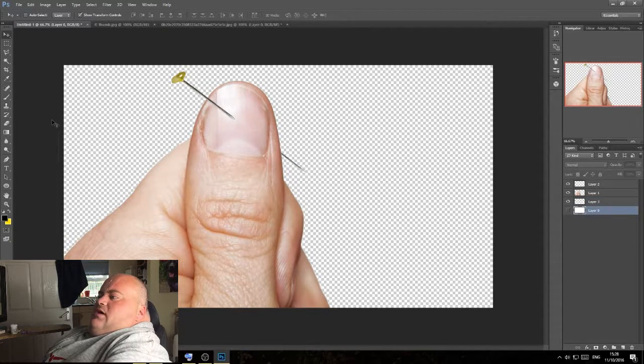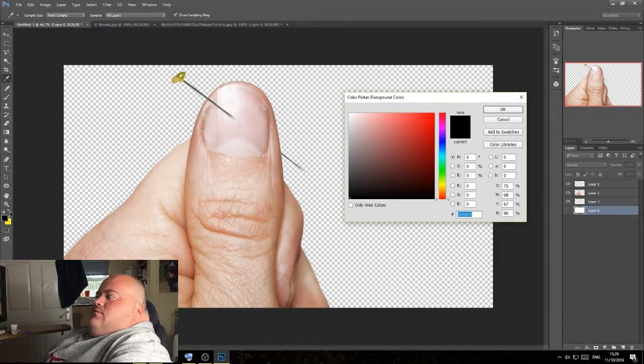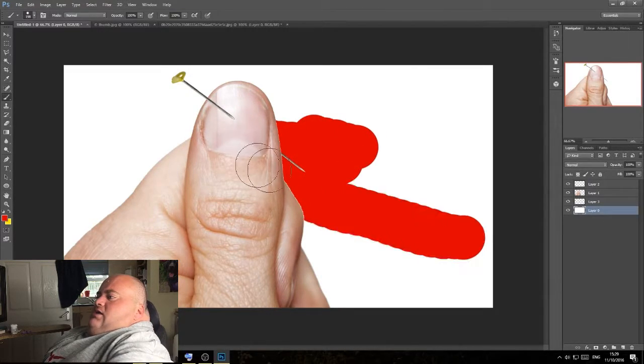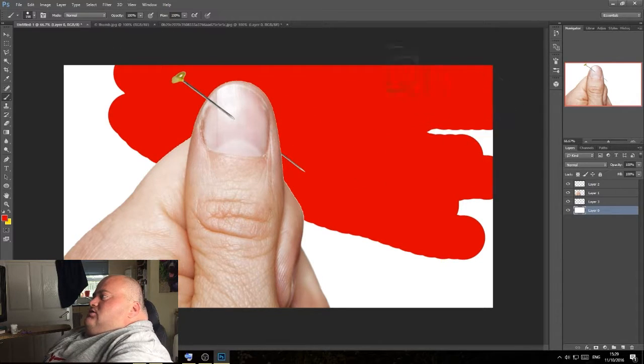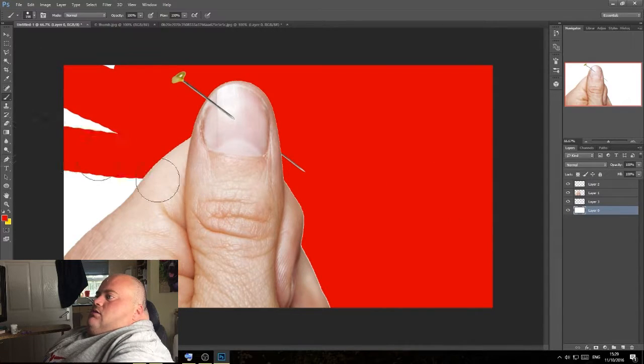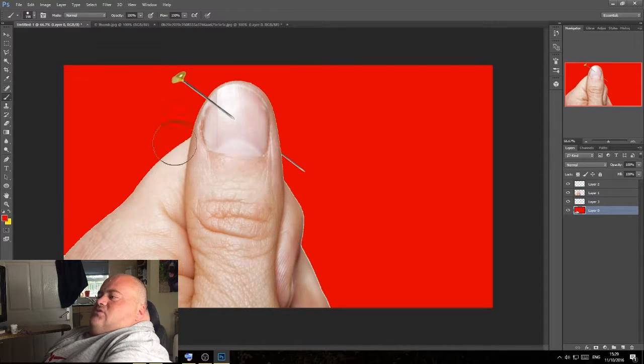I just want to add a bit of a background to it so you can see the nail properly. I might do a red, so we click on the colour, pick a dark red, I might go about there, grab your paintbrush, and why can't I do that? Alright, I've hit the layer, that's why. And then I can just paint it. And just thought I'd do a quick bit of red. You need to make it quite colourful so it will catch the eye